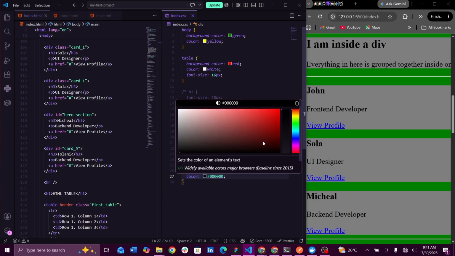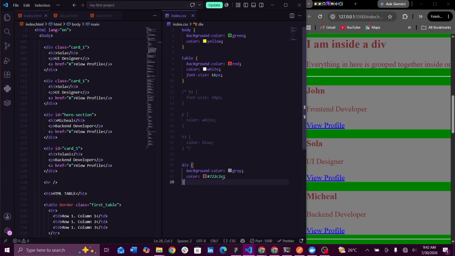So now we wanted to give it a brown color, right? So I can just come here and give it a brown color. Yeah, can you see now that it has a brown or wine color? I don't know if it is wine or brown. Can you see what we have? And I can decide to bring it here to make it lighter, or bring it here, right? So yeah, this is the brand I'm looking for. So can you see now that that is how color is being chosen